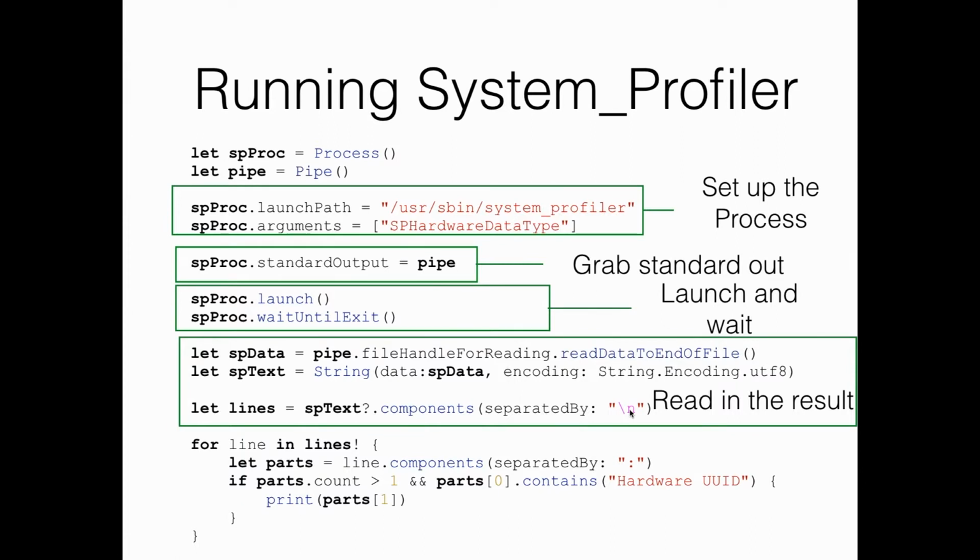So what that does is it breaks my output into what? What's that? A list. Well, in this case, it's going to be an array of lines. So every line from my output is now going to be in its own element in an array of strings. Now, see that little question mark there? This is one of the things I really like about Swift. What that question mark means is I probably will get an array of strings